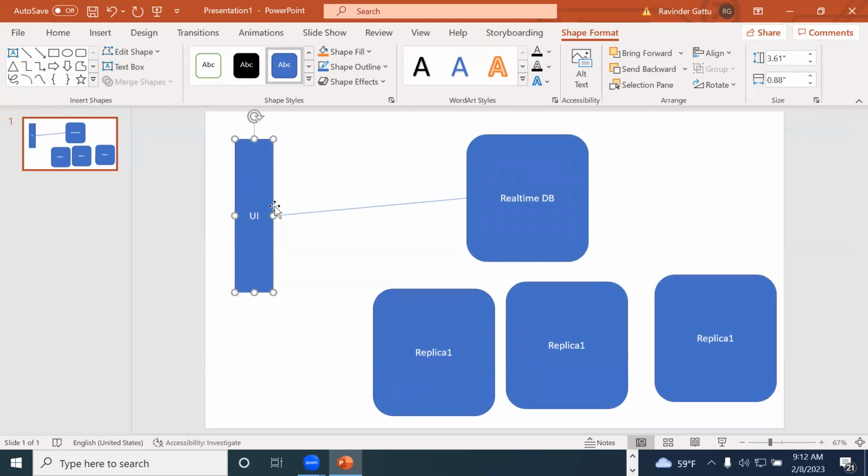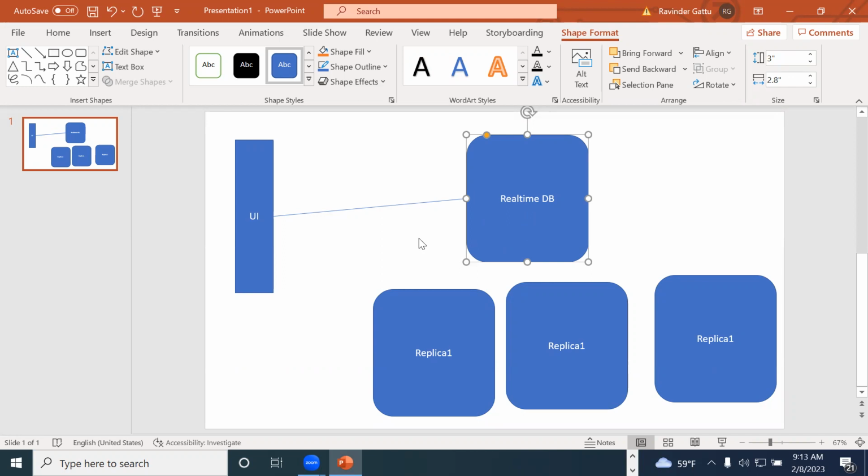Whatever is happening through the UI, each and every transaction will get recorded into your real-time DB. And when it comes to banking, many people will be working inside banking to support all banking operations. Every organization will have a lot of employees to support their operations. When it comes to banking, there will be different wings, and you will see different people working for the banking application. So in order to support all the operations of banking, the bank will recruit some people. If you grant access directly to this real-time DB,